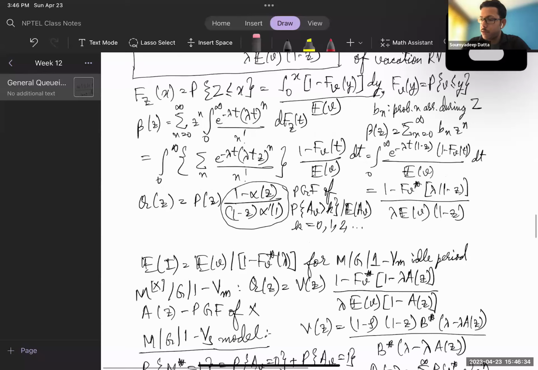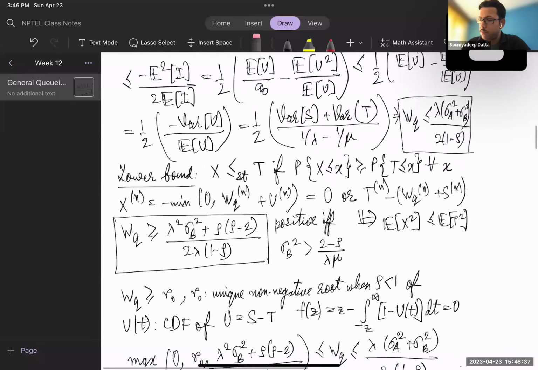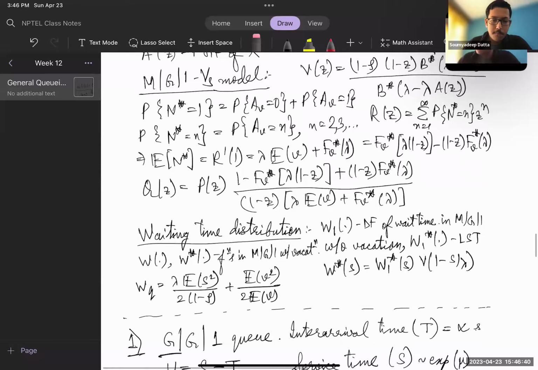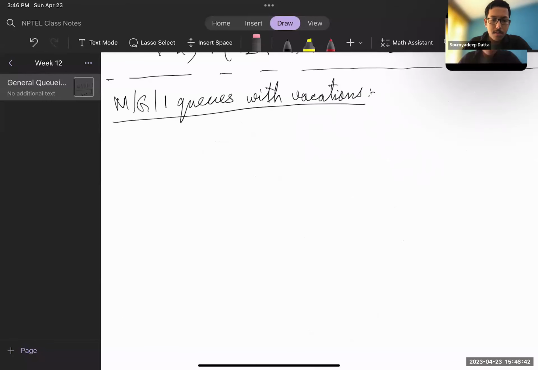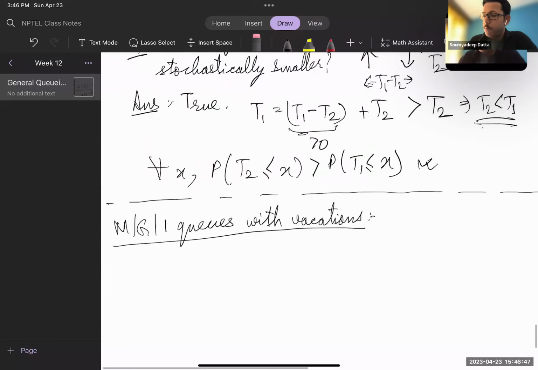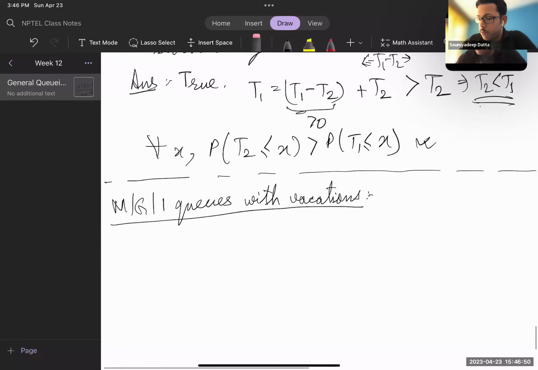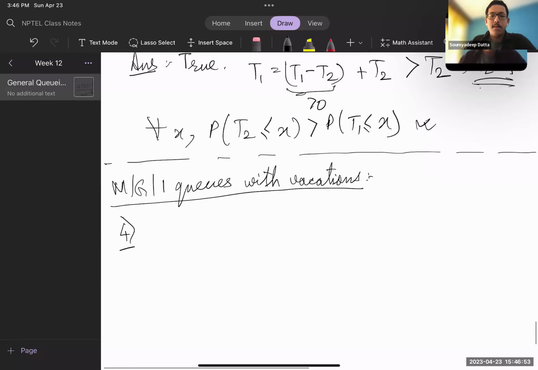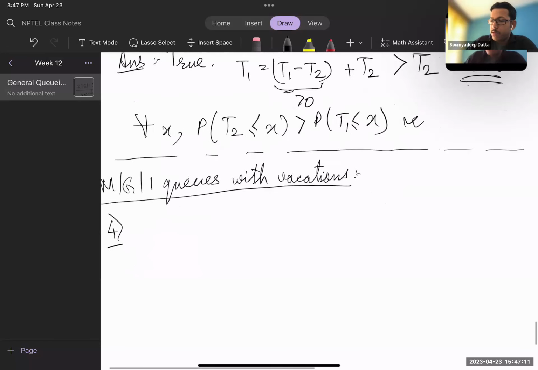Okay, so I'm back and let's solve some problems on MG1 queues with vacations. We start from number 4, right? And so the first is a simple question. We have an MG1 queue,